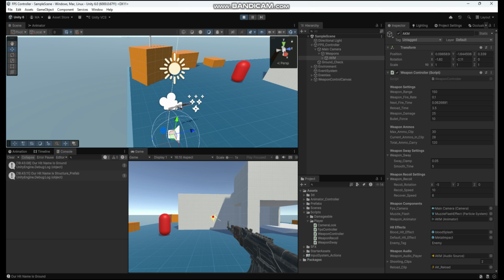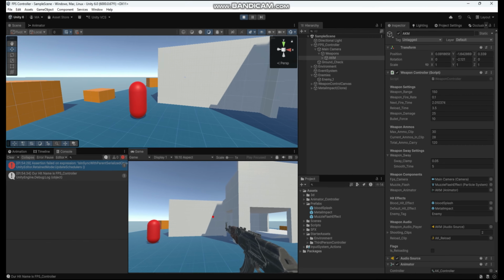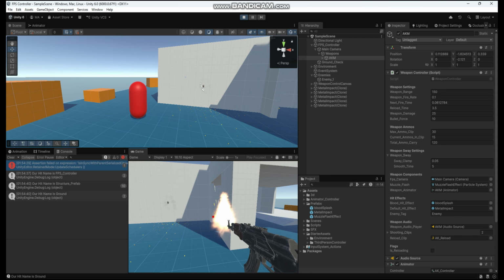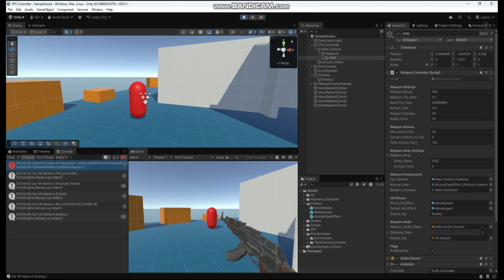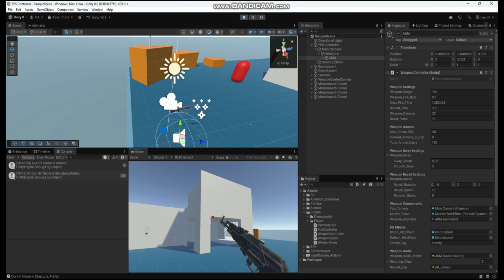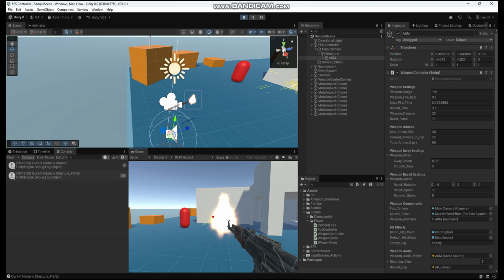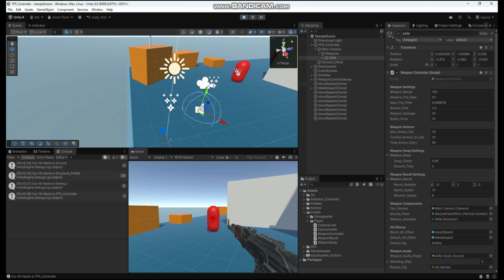Now let's move to the final feature of this video, and that is adding a weapon recoil system. Right now, our weapon sway is already making the gun feel more dynamic, by handling the weapon position movement. But when we shoot, the weapon still feels a little stiff because there's no firing kickback. So now in this recoil system, we'll handle the weapon rotation. This means every time we shoot, the weapon will slightly rotate backward and then smoothly recover to its original rotation. And this instantly makes shooting feel much more satisfying.